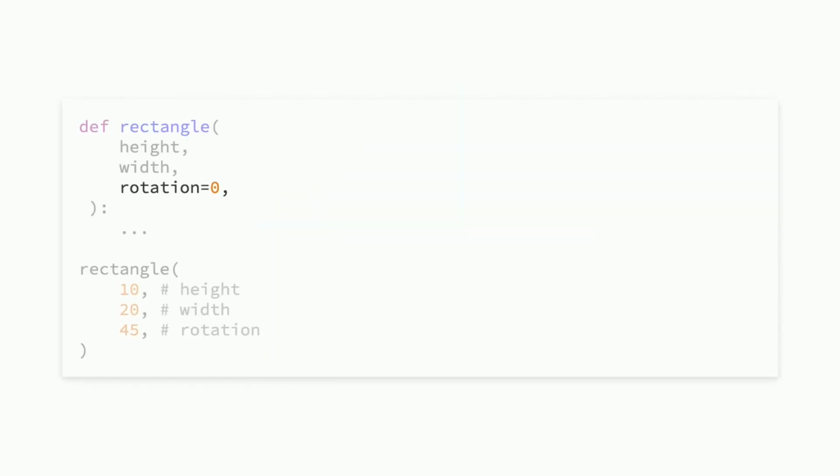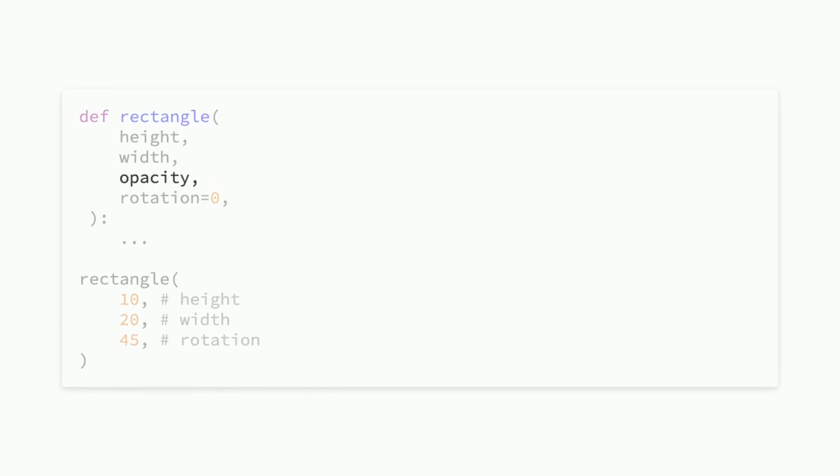Like for example, if we go back to the default argument being used for rotation, then we could call that function with a third argument overriding that default. But once we introduce a new required positional argument like opacity, where 10, 20, and 45 were previously for height, width, and rotation, they're now actually for height, width, and opacity without us ever knowing. Naming our arguments easily lets us prevent this issue, but in addition,